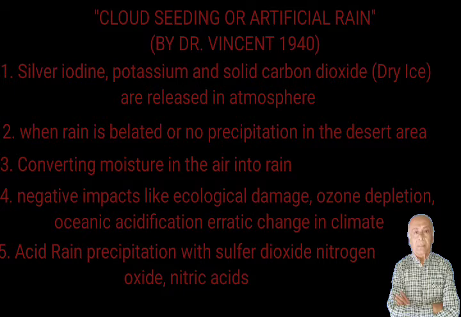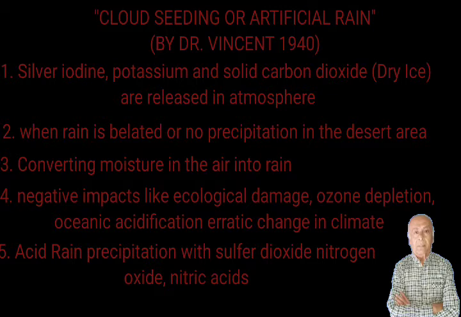Precipitation, or we can say cloud seeding, converts all the moisture in the air into water. Now, if the moisture is very thin, that moisture is not going to be converted into water naturally, and the rain is not going to fall. These kinds of clouds are going to float away from that particular region, wherever the rain is desperately needed. So, the government will adopt this cloud seeding, or artificial precipitation, artificial rain, and whatever the thin